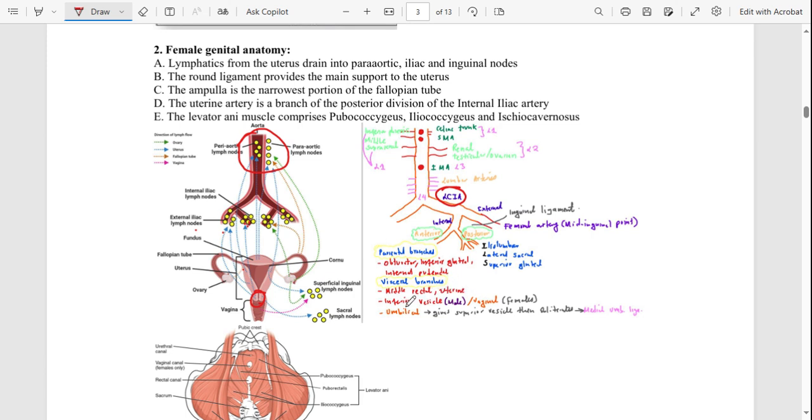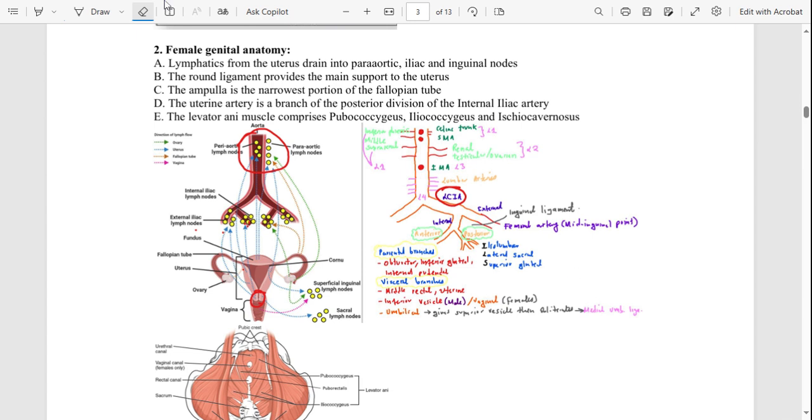Besides that one, we also have the inferior vesical. This is in males. In females, it's the vaginal artery. And then we have the umbilical artery. Now, the umbilical artery is going to give rise to the superior vesical artery, and then it would disappear. When it disappears, or not really disappearing but obliterates, it will become the middle umbilical ligament. Okay,